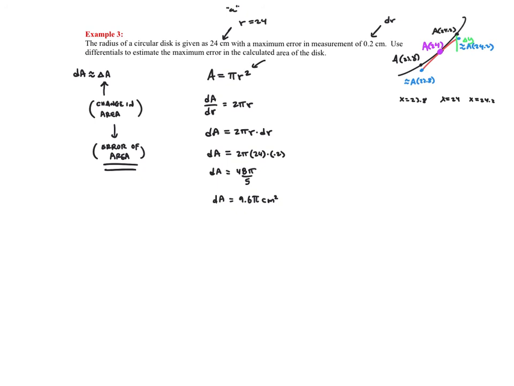And I'm going to approximate that by finding dA. dA would be this length here. And we found that length, and that would be the maximum possible error on the area